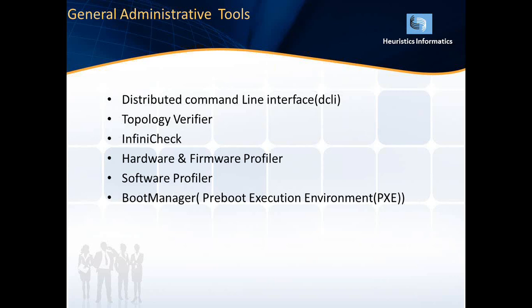The first one is the distributed command line interface, which is used when you need to fire commands at scale. I am having 30 compute nodes, that is equal to 30 standalone servers. If I need the output of one command across all 30 compute nodes, that will be a hectic task, and firing a single command across all compute nodes by doing SSH will be a critical task. Therefore, Oracle has come up with a solution, the DCLI command line interface.